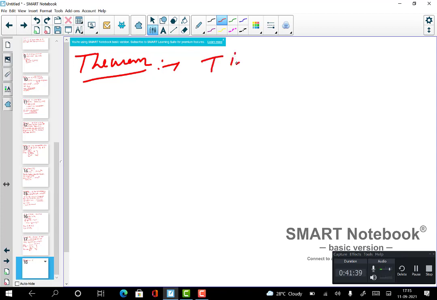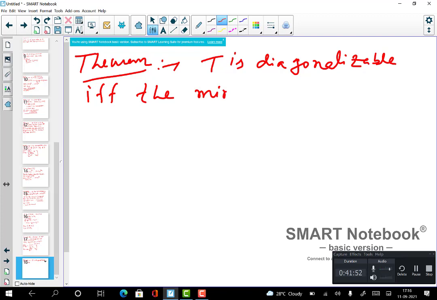T is diagonalizable if and only if the minimal polynomial for T is